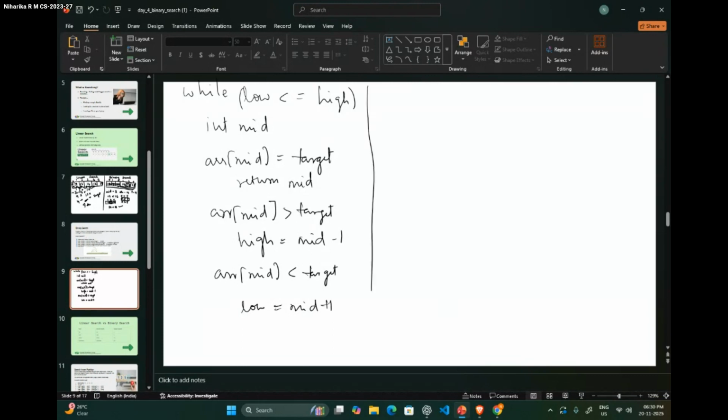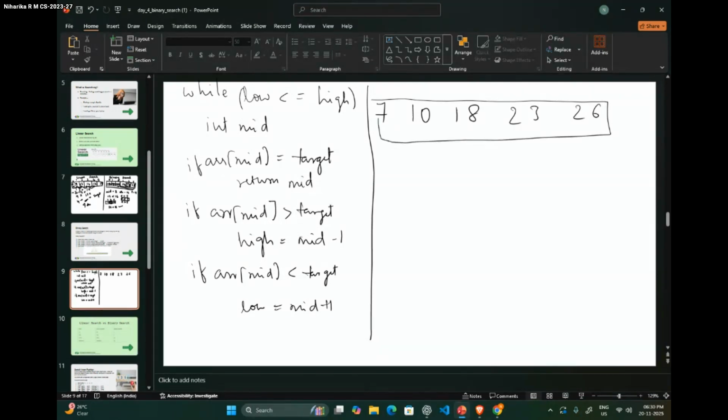So we'll take another example here and we'll run it accordingly. I'll just put else if statements everywhere so you don't get confused. We'll put them in boxes because it's an array, right?